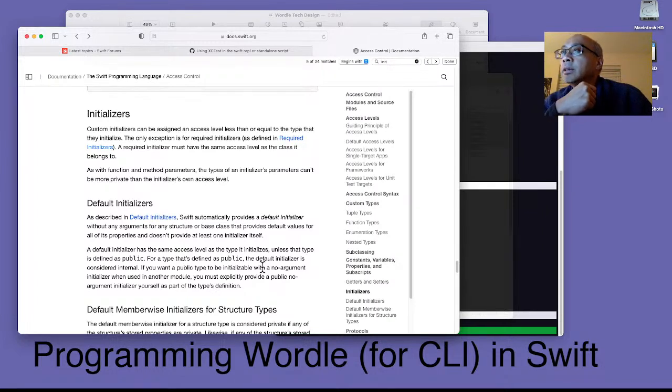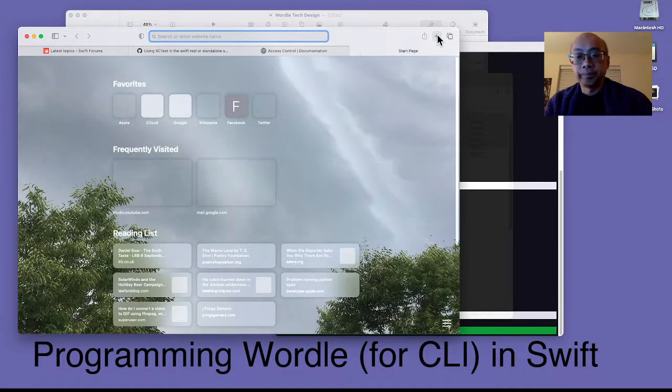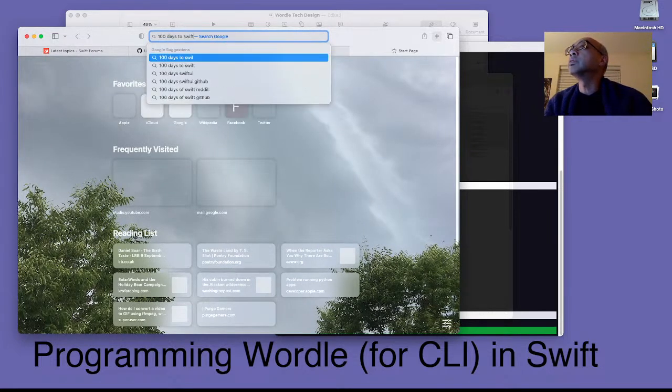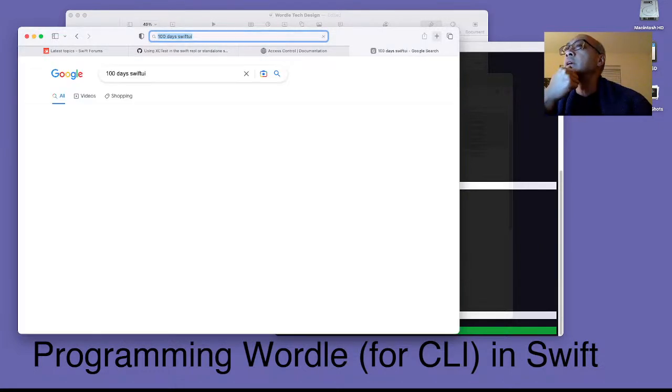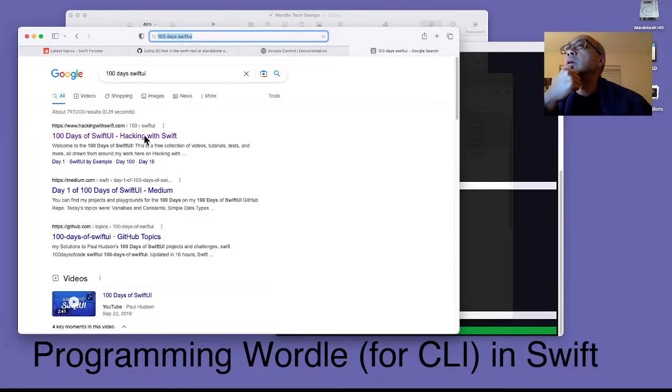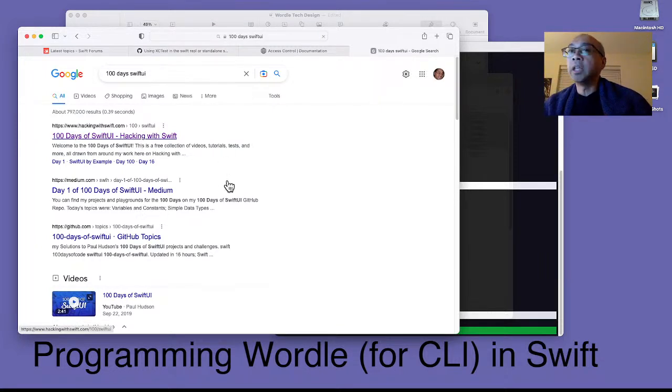And there's a resource that I was reading about, I think it was like 100 Days to Swift. Let's see. I think this might be it. Yeah, I think so. Yeah, 100 Days of SwiftUI. I'm going to promote this, even though I have not watched a single video by this instructor,